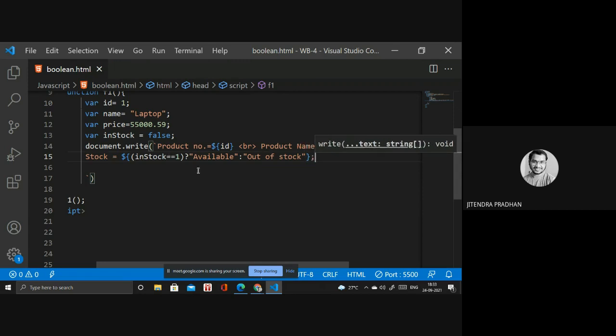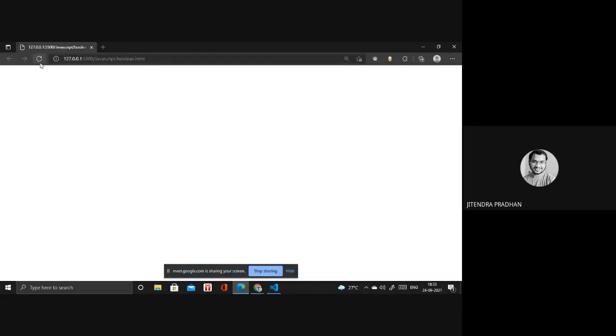So I think you understand this. What condition will I write inside that? I will not write anything difficult. I will use a condition inside that, meaning inStock is equal to one. We have a true value and a false value, so we check whether the value is true or false. I will describe what a true value and a false value are in the boolean type. I will check both here.